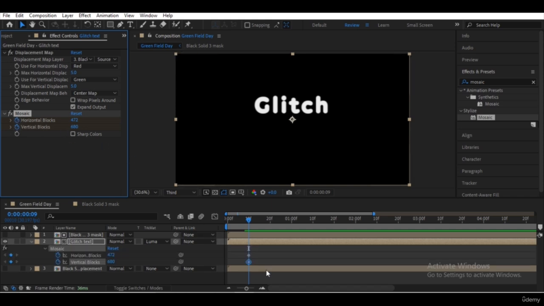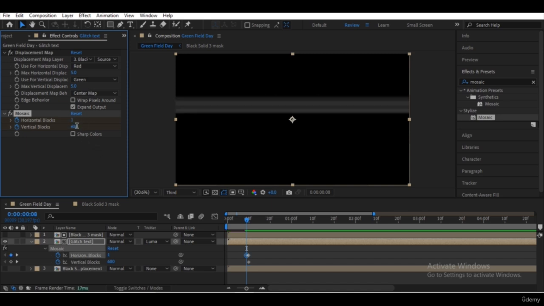Press U on your keyboard, and to make the time indicator go one frame before the keyframe, press Ctrl left arrow, or to the next frame, Ctrl right arrow, and set the horizontal blocks value to 0, as well as the vertical blocks to 0.